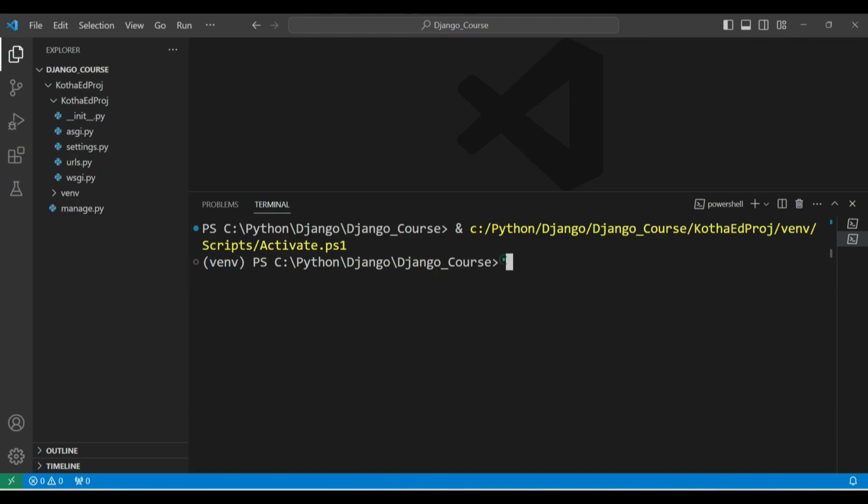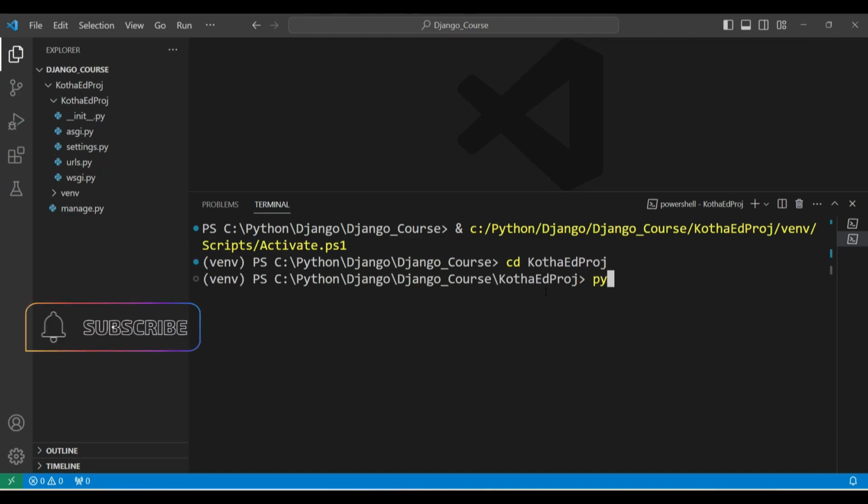Okay, now let's type in the command to execute the Django project. And before typing the command, we are in the Django codes, so we have to get into this project folder first. Okay, cd kotta ed project. So once we enter into the project folder, now type in python manage.py runserver. Okay, we are running the Python file, which is nothing but the manage.py file, which gives us the command line utility for the Django. And the next command is runserver. If you press enter,